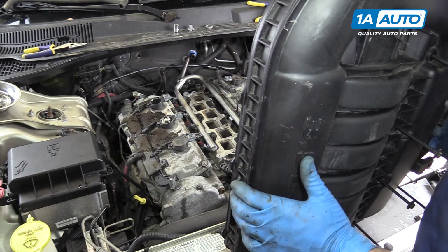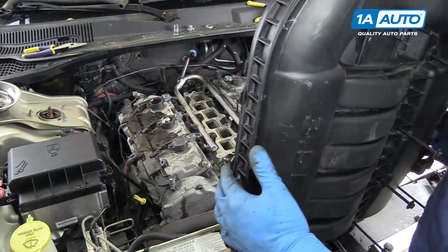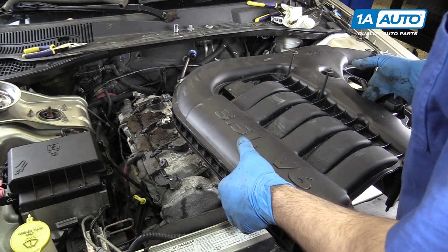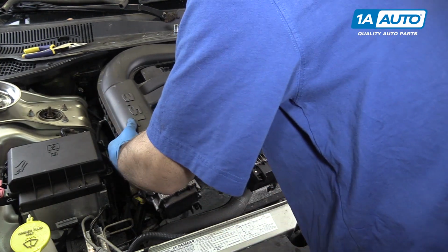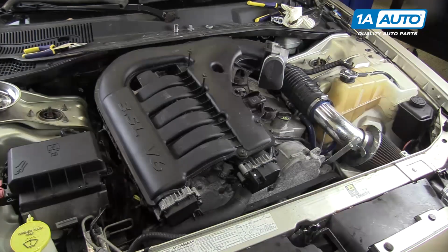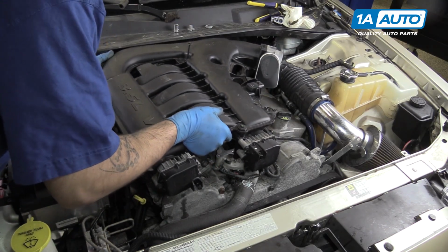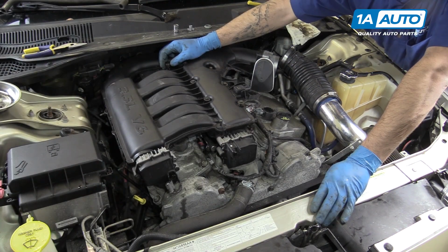Reinstall your intake manifold, being sure to set the opening for the automatic transmission dipstick into its proper place on the manifold. You'll also want to be careful for the bolts. We'll have to line up our EGR tube as well. Just be mindful of all of these things while we set it into place. Once the EGR tube is set and the intake is laid down onto the lower manifold,